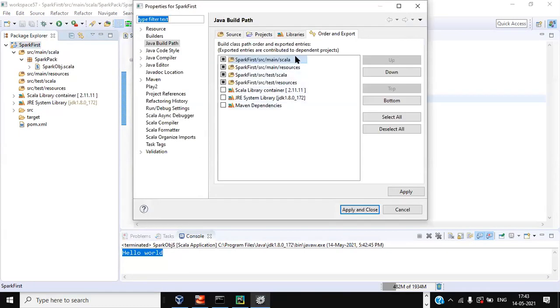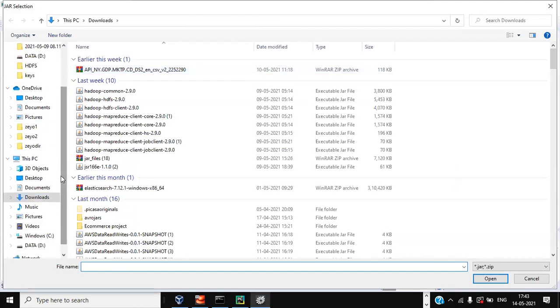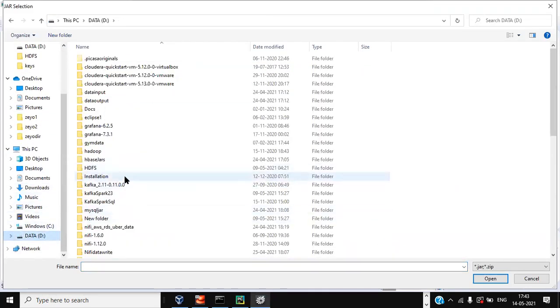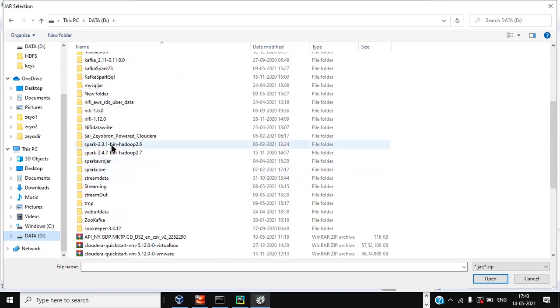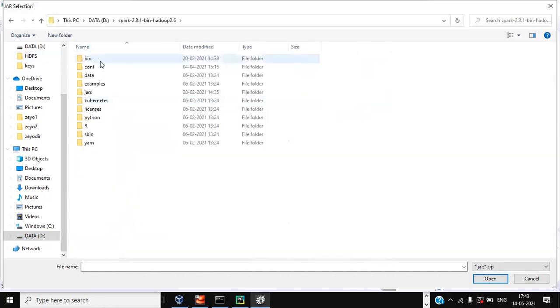Go to Libraries. You will see Add External JARs. Click Add External JARs. Go to the Spark folder where you have downloaded and extracted, I mean Spark 2.3.1 or something, which got extracted from the Spark archive file. Click that, go inside, you have the jars folder here.